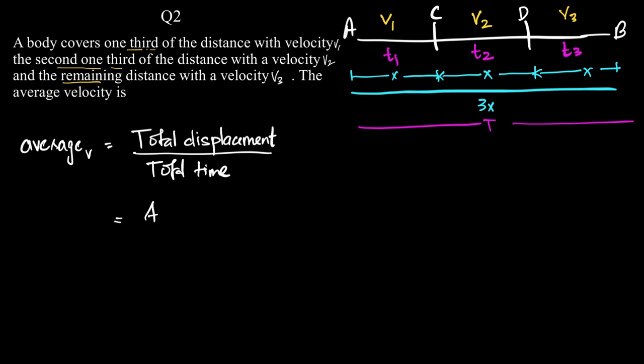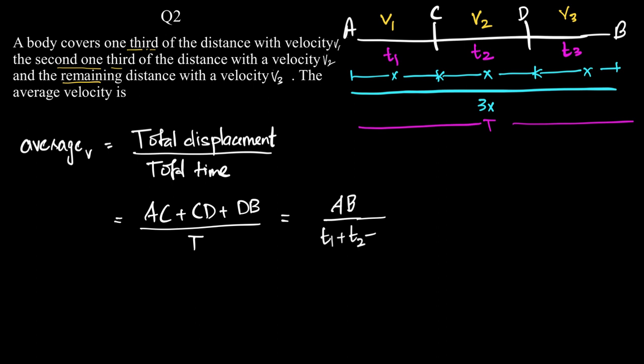The total displacement is AC plus CD plus DB, the whole upon the total time taken, which is T. The total displacement is AB basically, and the total time taken is the sum of t1 plus t2 plus t3, right? And how much is AB? AB according to the question is 3x, so we can write it as 3x, the whole upon